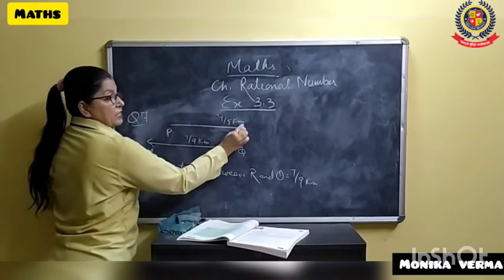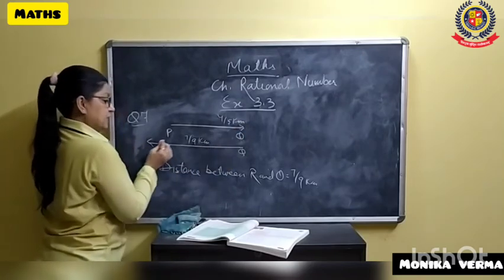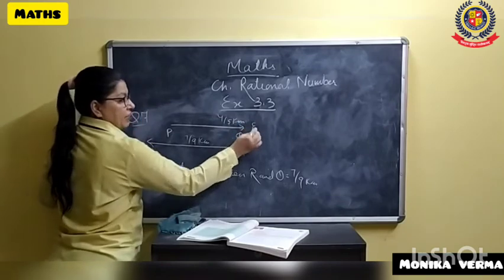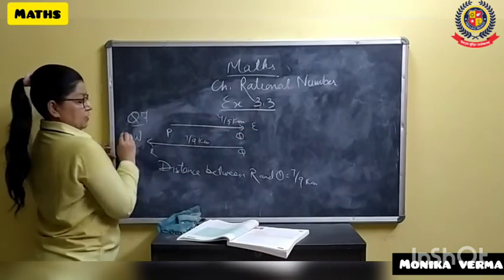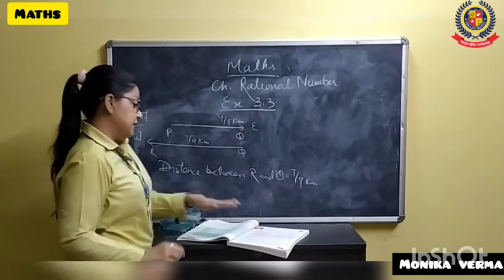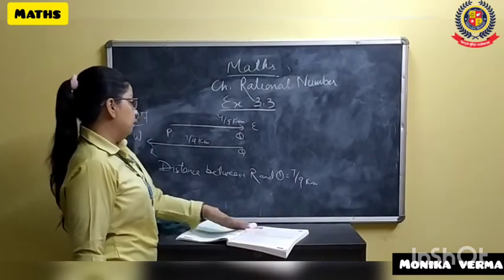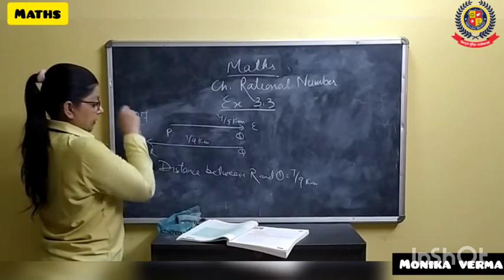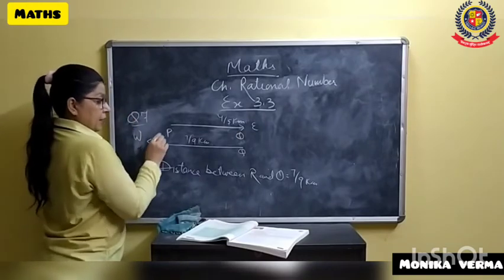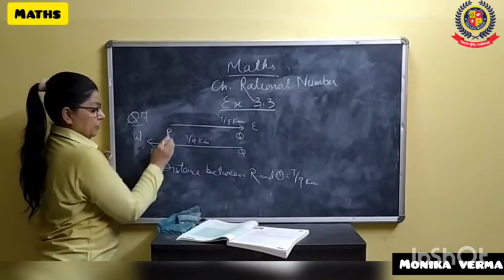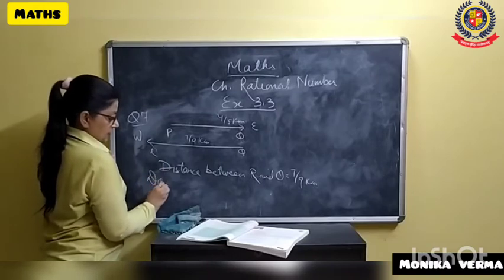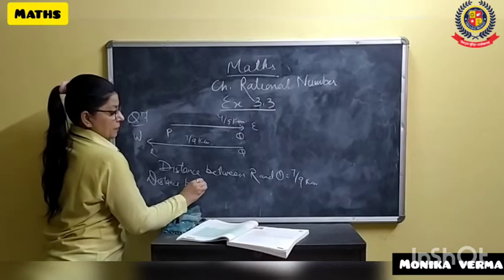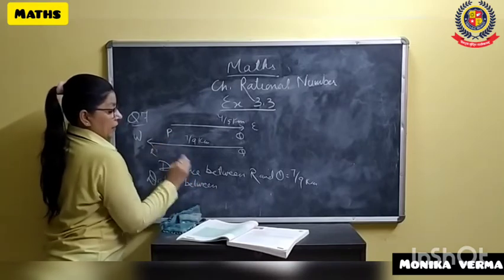When we were moving east, we move this way. When we are moving west, we are moving this way. When we move right, it is east. When we are moving left, this is west. Okay. After this is said, how far is Rajat from point P? From Q we already found. Rajat is here. Now, how far is he from here? So, distance between P and R.